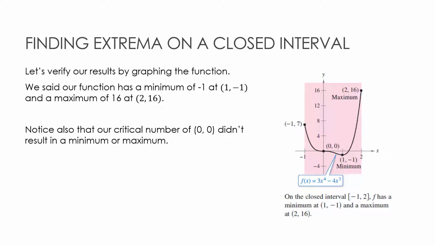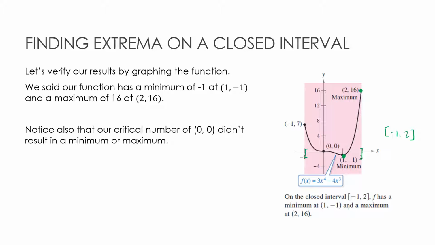Now keep in mind that this is where that graphing calculator can really come into play, because I can then graph it and visually see that over the interval from -1 to 2, the closed interval, that (2, 16) would in fact be the maximum value, and (1, -1) would in fact be the minimum value. So don't be afraid to grab your graphing calculator or get into Desmos.com and go ahead and look at it over that interval. You can always change the window to be just for your closed interval of -1, 2, or you can just look at it and visually see that in that interval, that would be the min and the